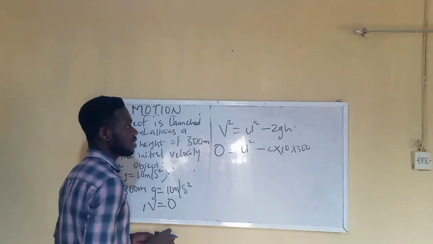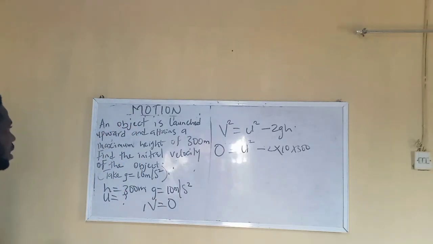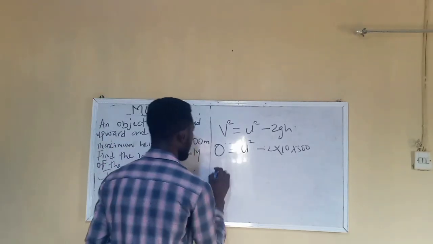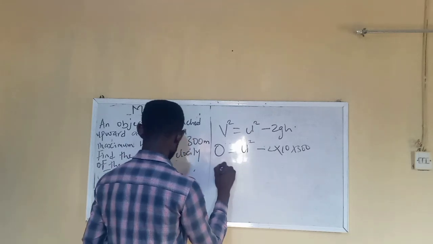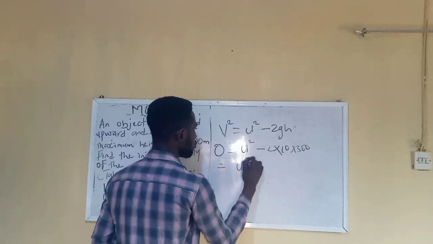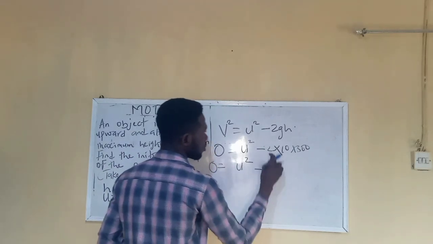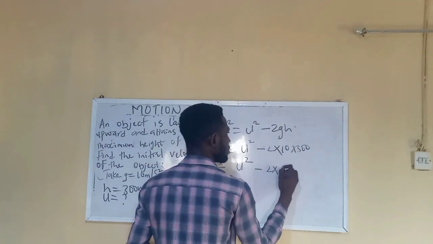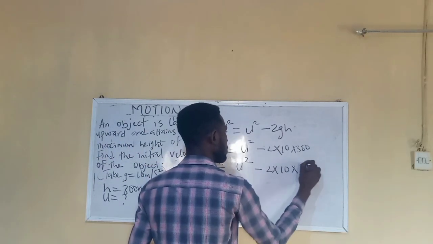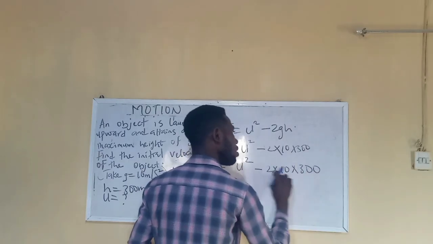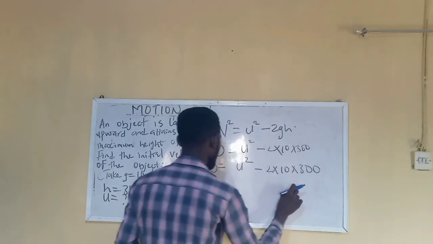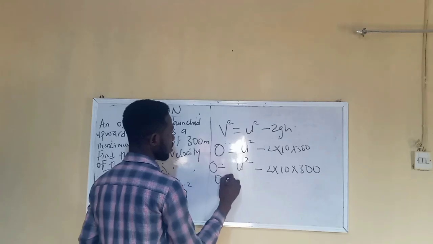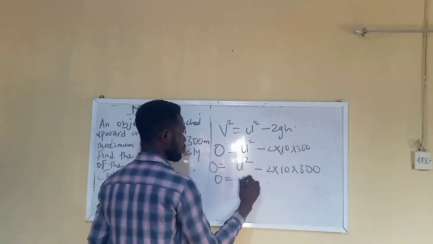When you carry out this calculation, you have u squared minus 2 times 10 times 300. So this gives you 3,000 and this gives you 6,000. Hence, you have 0 equals u squared